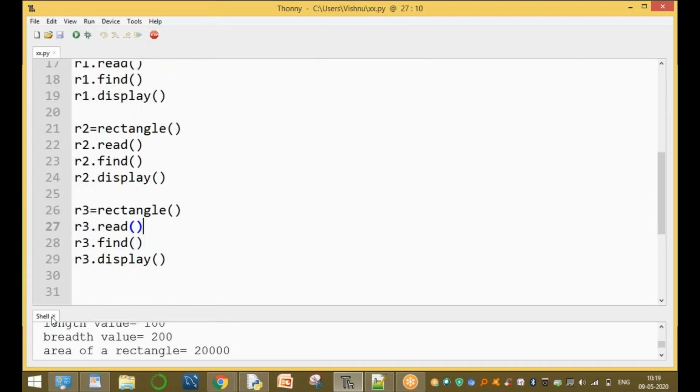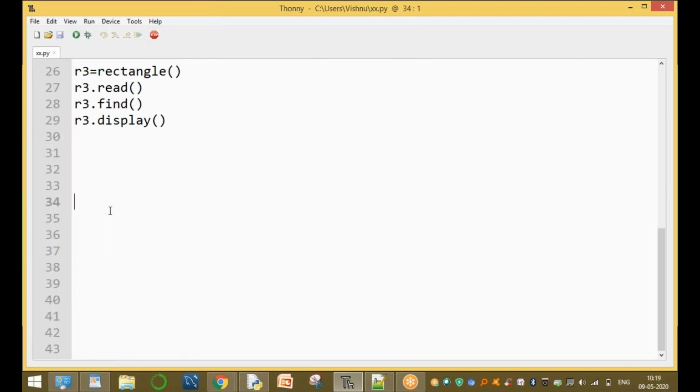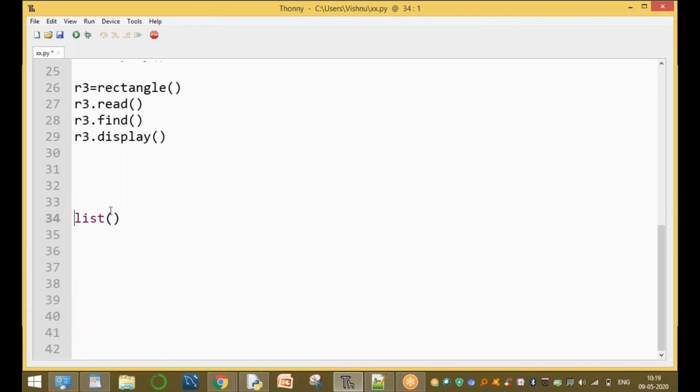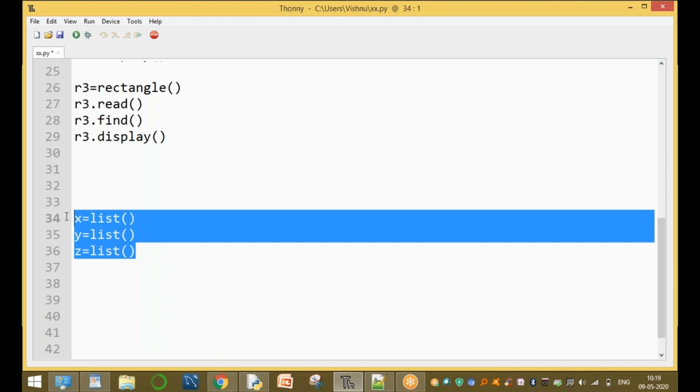This is similar to the inbuilt classes. For example, list is a class. We create one object x equal to an empty list, y equal to another list object, and z equal to another list. We are creating more than one object: x is an object of the list class, y is an object of the list class, and z is an object of the list class.